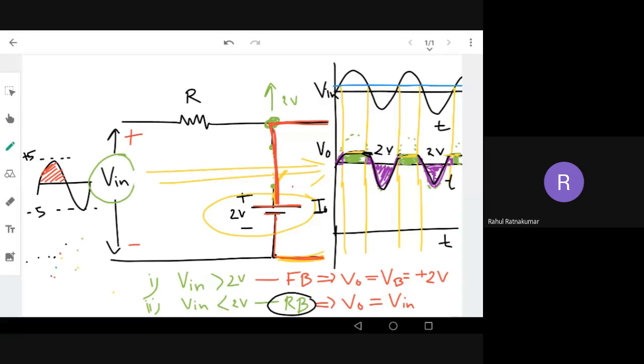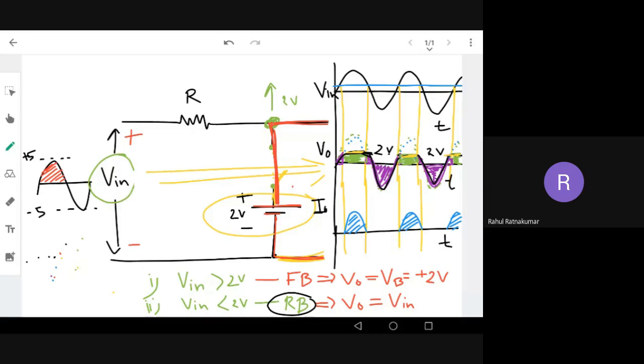And what is the current? It directly follows the voltage. So the current waveform will be like this. This will be the current waveform, and it is continuous like this. So this is my current waveform. You can see this because only at these points is my diode on. When my diode is on, only then is there current. In other cases, the diode is cut off and there is no current. Okay. So that is how I have drawn the current waveform.